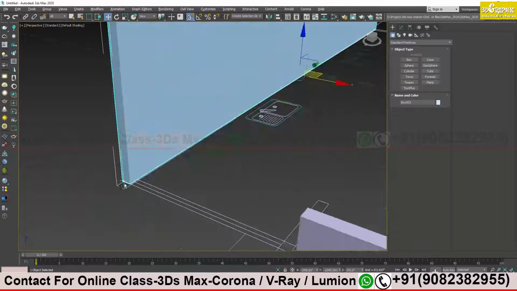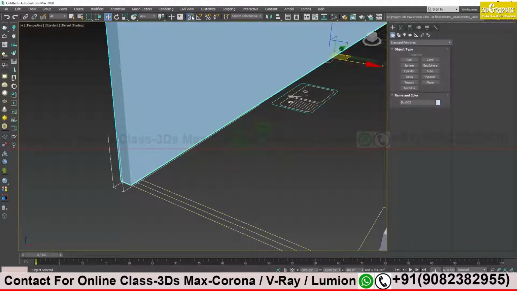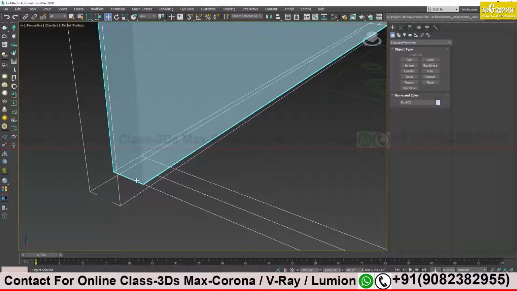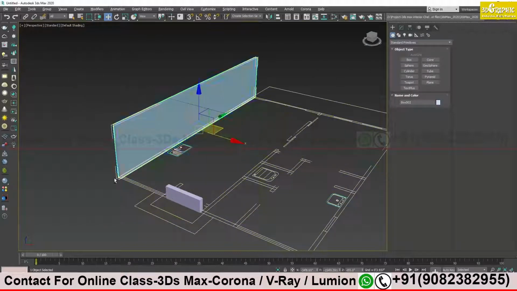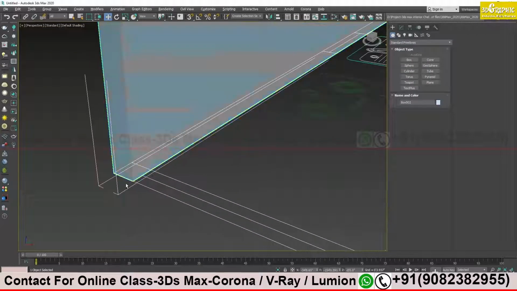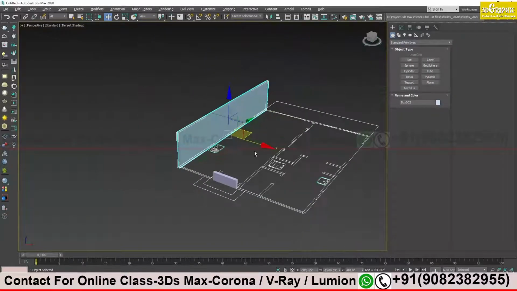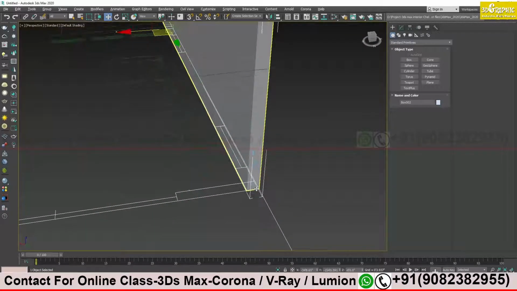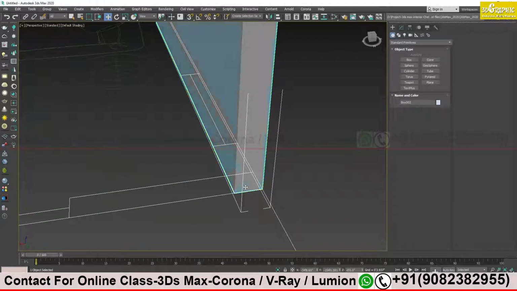And if you look closely, I will turn off my snapping over here. I will press Alt X to see my see-through mode. You see it is exactly on top of my CAD plan. Try to do this. You see this is exactly on top of my CAD plan, no?